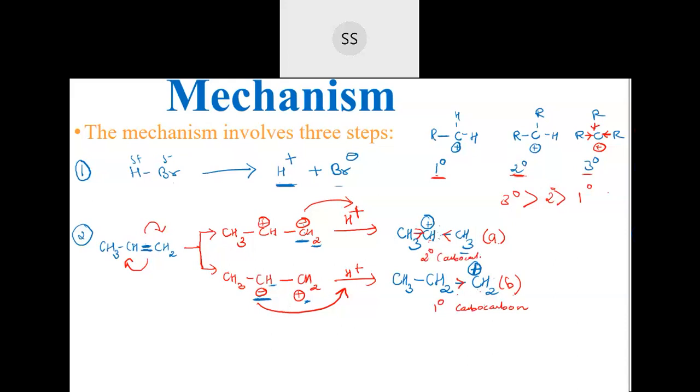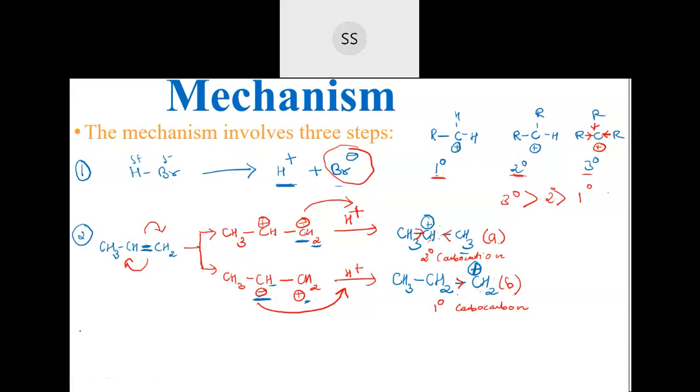Secondary carbocations are more stable, and the one that is more stable can show the reaction much faster. Remember that. So this secondary carbocation, which is more stable, will react easily with what remains now, Br minus, because H plus has already come. This HBr we had broken down into H plus and Br minus. During the reaction, H plus, because its velocity was faster, came easily and reacted with propene, giving rise to this carbocation. Now, among these carbocations, the secondary carbocation is more reactive, so it will react faster. That is the third step.